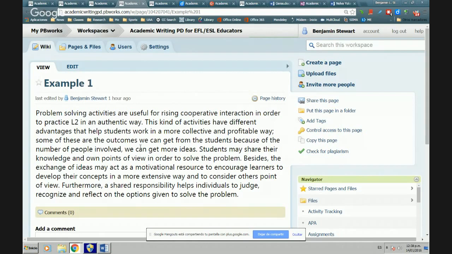Finding ways to give better feedback helps students. I don't even need to say advantages because that's kind of empty. Helps students by, and then maybe work on this a little bit. What do we mean by collective and profitable? Working together in groups, peer feedback, or whatever it is. That's not a perfect example, but you see what I mean? It's like trying to dig deeper into what we mean here. Some of the outcomes, and we probably want to generally state it in the third person. We can get the students because